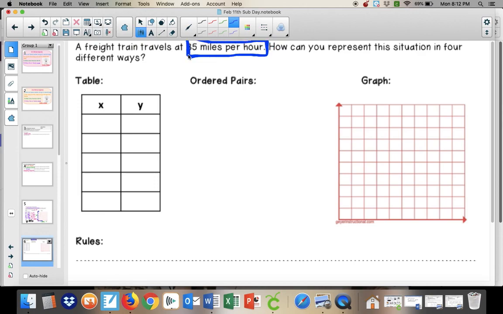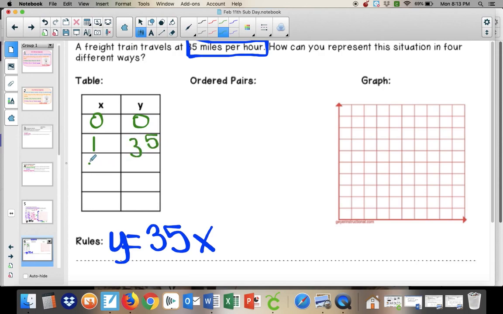So it's telling us 35 miles per hour. Well, I'm going to go right down to my rules. It is telling me that my miles are going to be 35 per hour. So it's just y equals 35x. So at 0, I'm at 0. 1, 35. 2, 70. 3, 105. And 4, 140. So I literally took what my x value was and I multiplied it by the 35